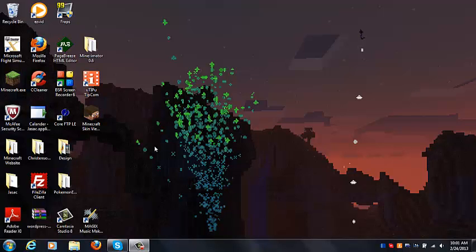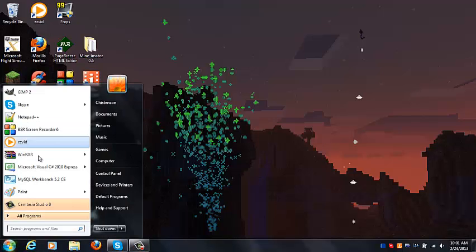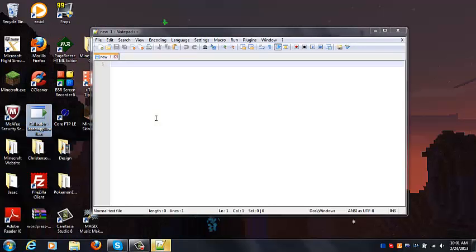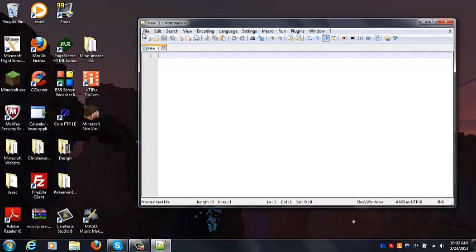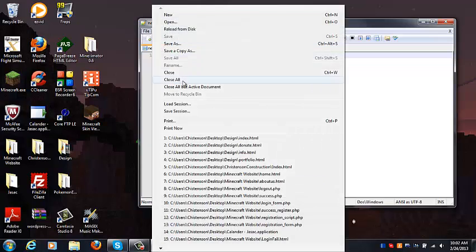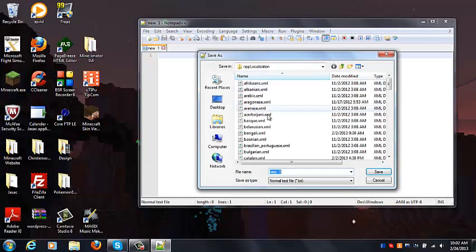So for this tutorial, it's basically just going to be the basics, I guess. So first what you want to do is open Notepad++ or Notepad. And then what you want to do now to make sure that it saves as a HTML document and not as a normal document is go to File, Save As, and then